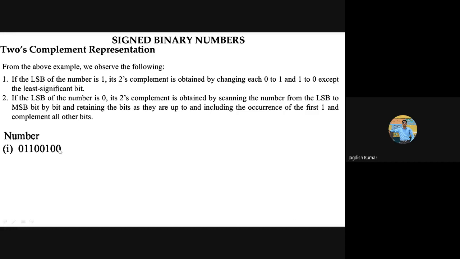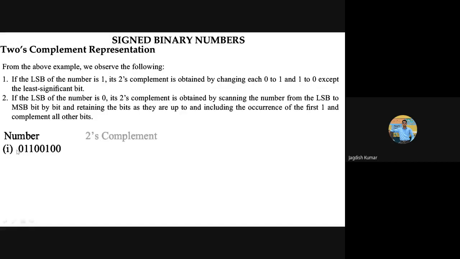So we have to keep this 0 as such, rightmost 0, this 0 also as such, and this one as such. The remaining bits on the left hand side shall be inverted to 1's complement. So what will that be? 0, 0, 1 from left hand side. So from right hand side, fine. 0 will be 1. This is 0, this is 0, this is 1.